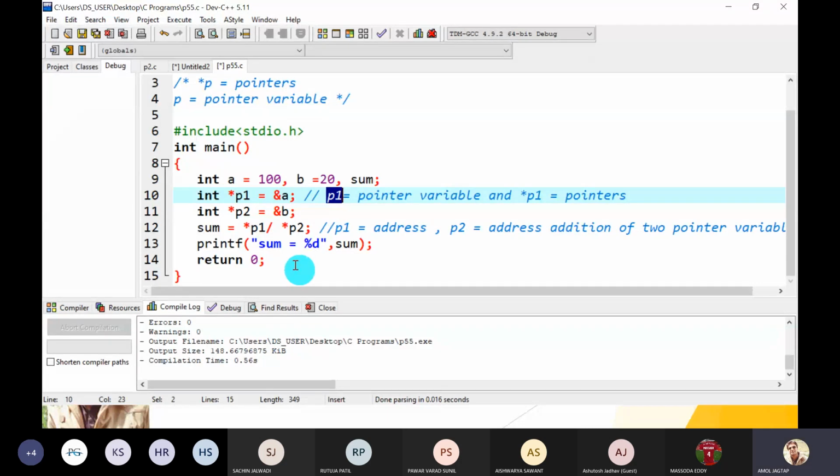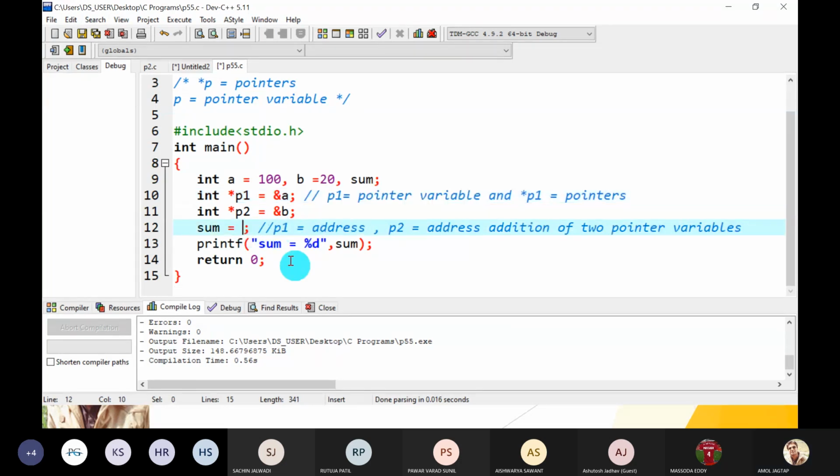Now, my next question. Yes, we cannot add two pointer variables. Two pointer variables we cannot subtract. Yes, but let's think on that. Sum is equal to P1 plus plus. Okay. So pointer P1 gives you the address of A, which contains the value 100.